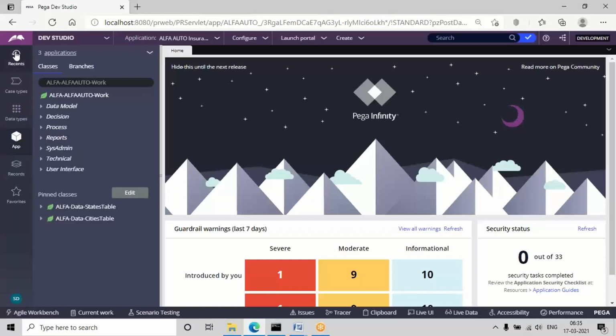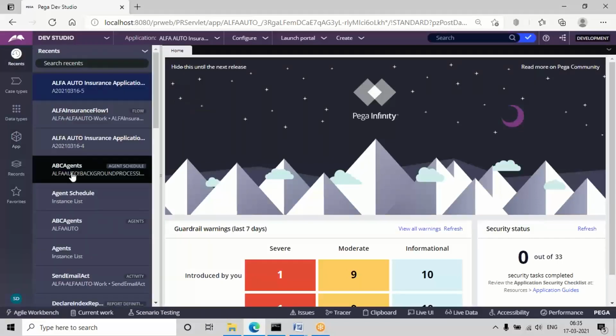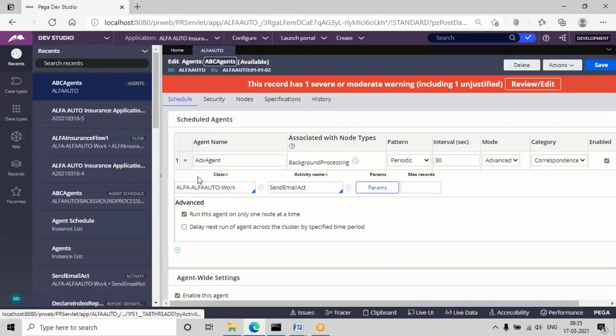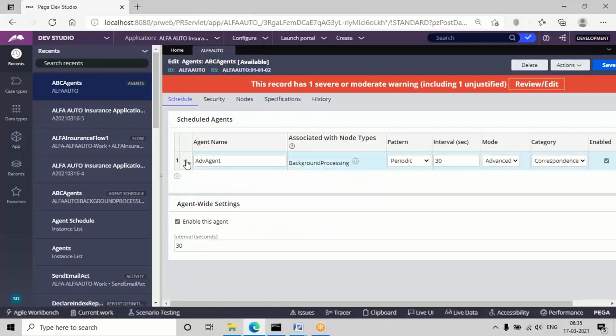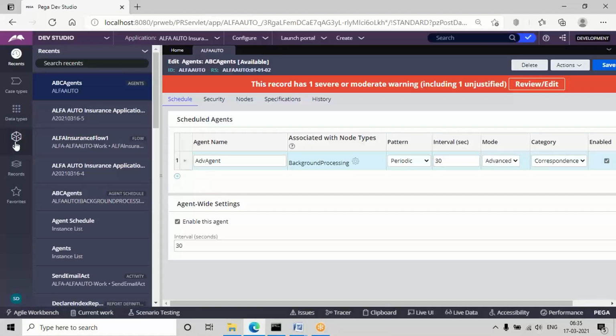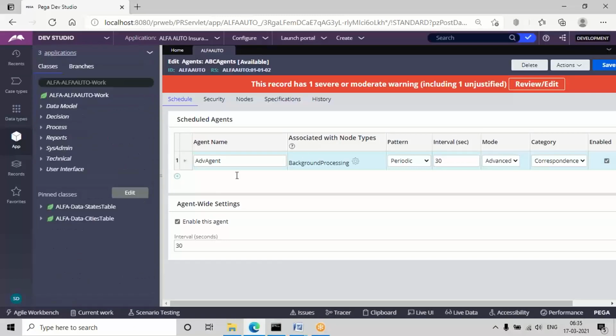So the agent I defined in the previous session, I need to open the previous agent only, because per implementation, or mainly per access group, I can define only one agent rule. If I want to add more agent rules in the same instance, I need to add more agent numbers, like add a new agent and define the new agent type. From the sysadmin category I cannot open a new one. From the existing one only, I need to open and add a new agent.